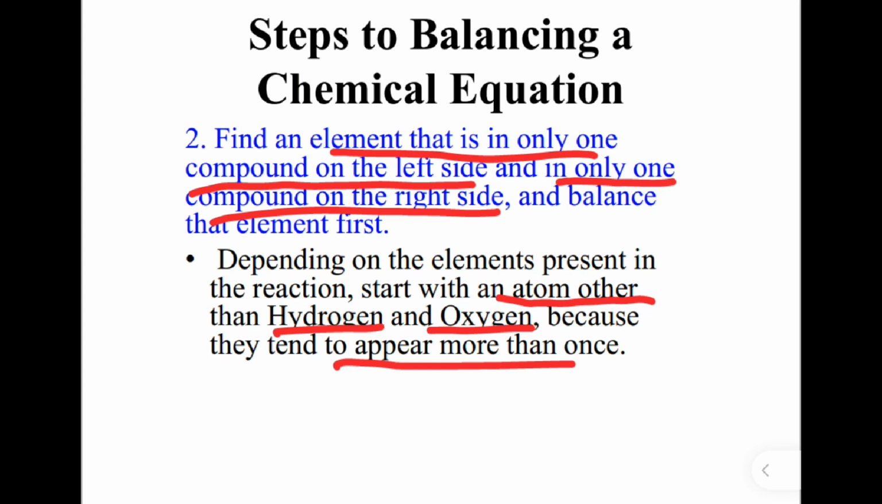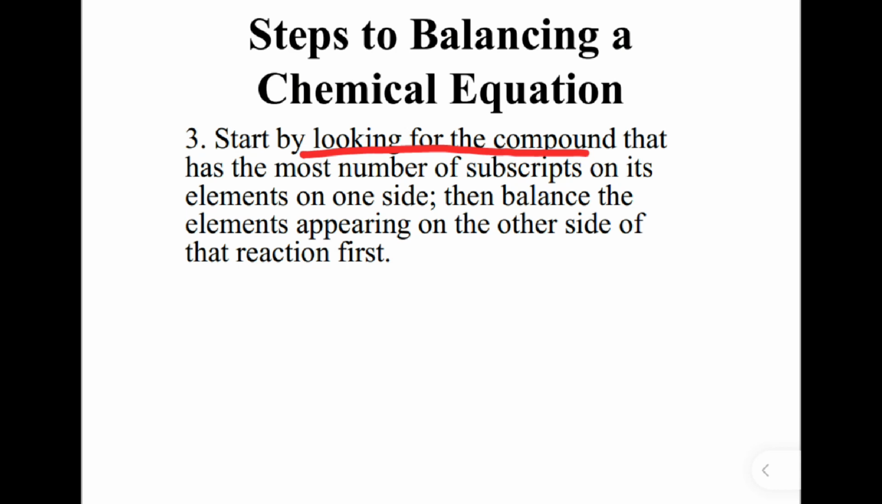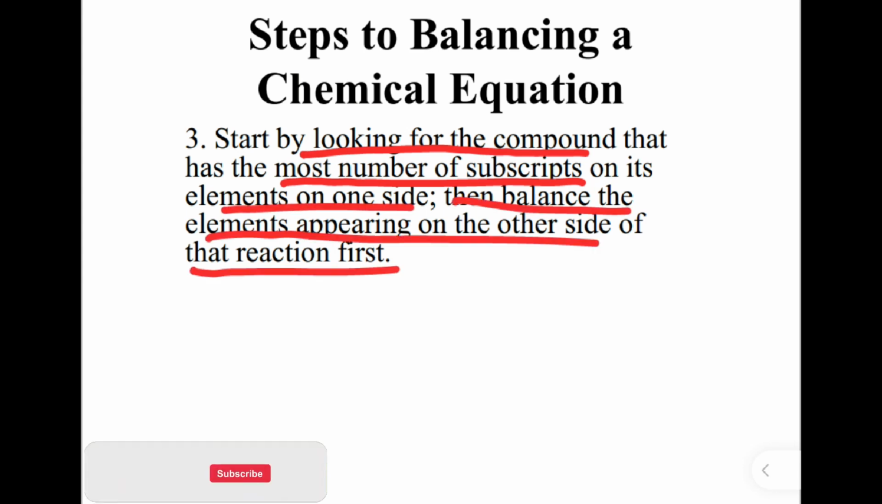ጊዜ በላይ የመታየት አዝማሚያ ስላላቸው ማለት ነው። Start by looking for the compound that has the most number of subscripts on its elements on one side. ብዙ ቁጥር ያላቸውን አተሞች በመፈለግ ትጀምራላችሁ። then እነዚህ በሌላኛው በኩል የሚታዩትን አተሞች ባላንስ በማድረግ ወይም ባላንስ ታደርጋላችሁ ማለት ነው።